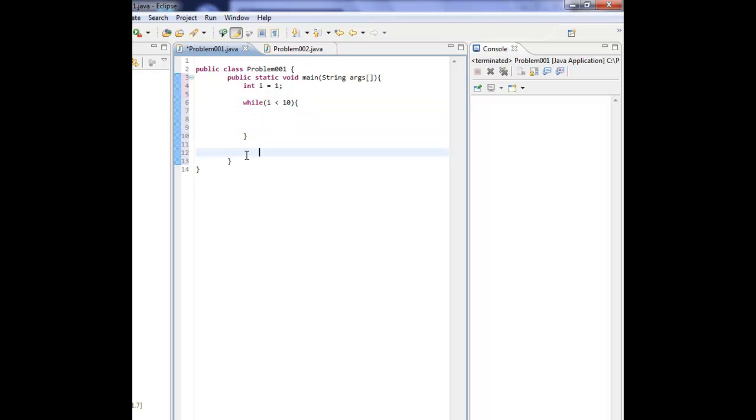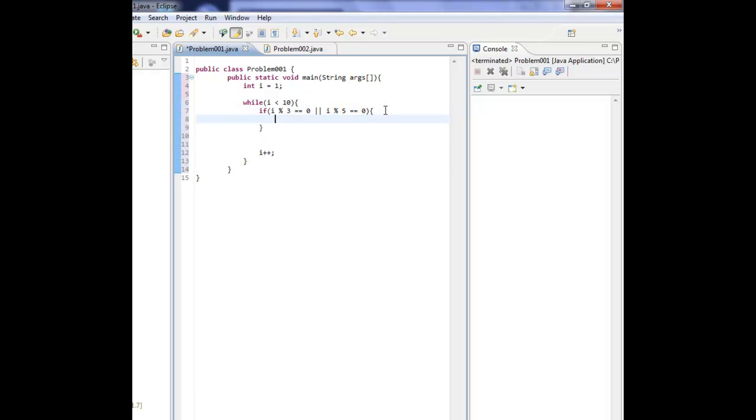So let's make some space here. If you do i++ at the bottom, that will increment i by 1 every time it runs through, so it'll run through 1 through 10. And inside of the loop, we're going to do if i is divisible by 3, the modulus just gets the remainder of i divided by whatever number is after the modulus. So if that's 0, then it's divisible by 3. And if i is divisible by 5,